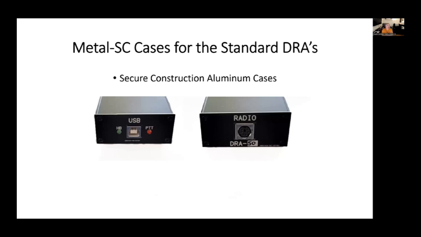We also have metal cases available. So in this case, this is a DRA 50 that's stuffed inside of a metal case, and we call it the secure construction. Now, that's not why it's called that. SC stands for Scott Currie, because in this instance, Scott was the one that came up with this particular model of